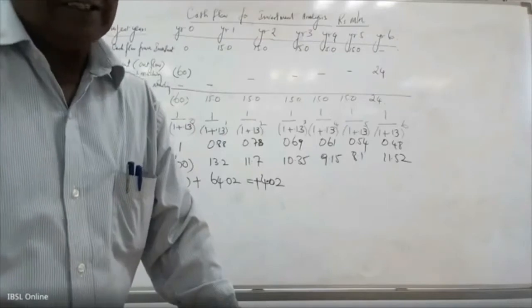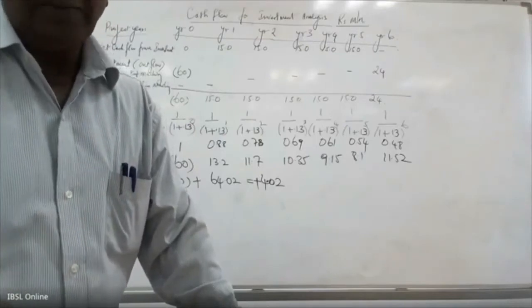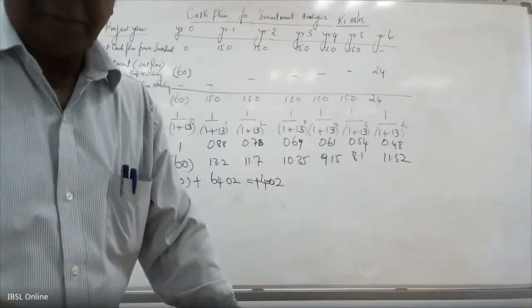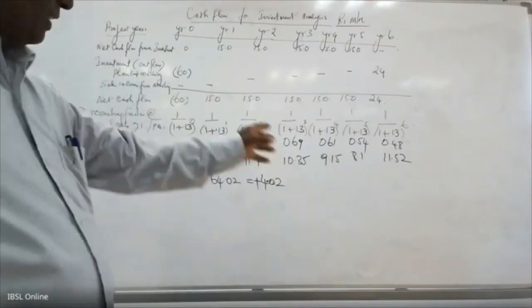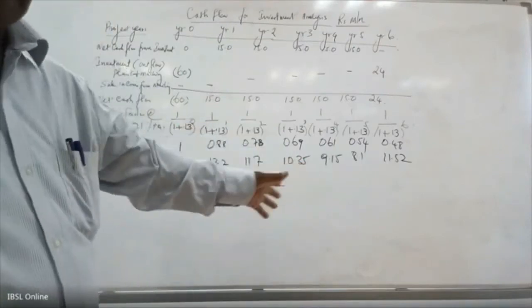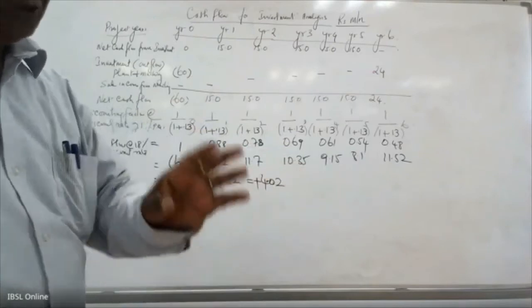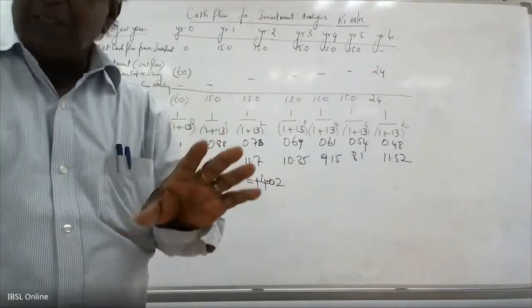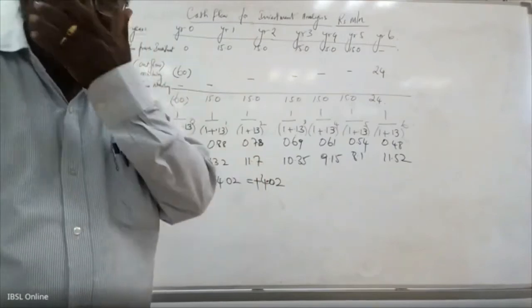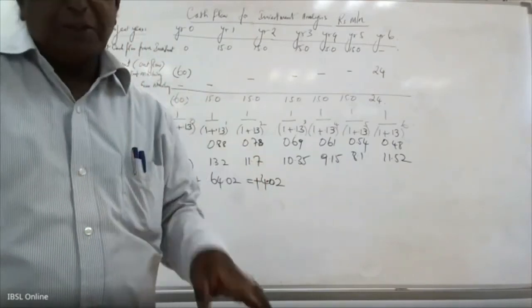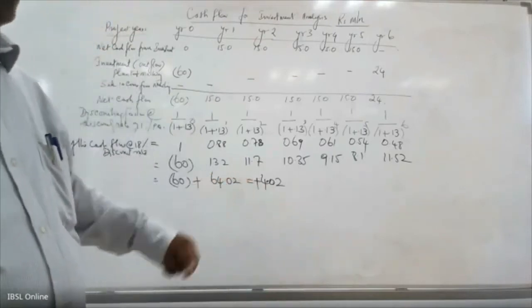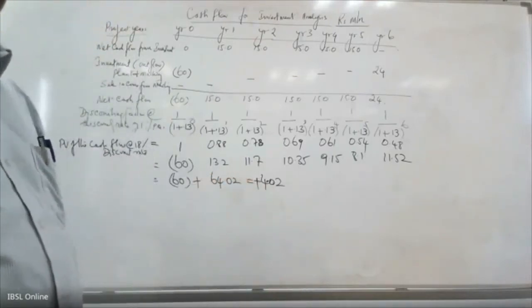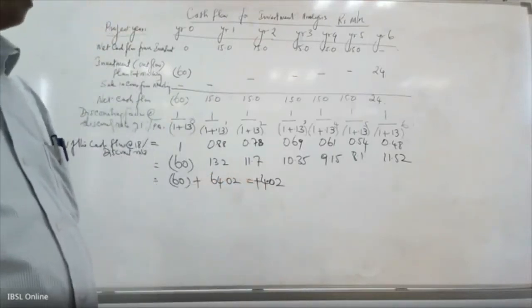Yeah, because when you take more decimal points, the answer will be more accurate. Here, of course, I have taken only 2 decimal points for ease. But in the exam, you have to do a minimum of 3 decimal points. Here, for simplification, I took 2. So it comes like that.